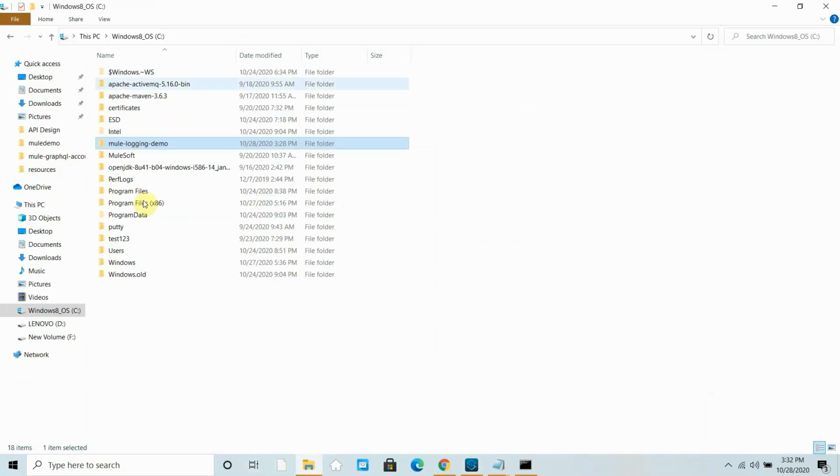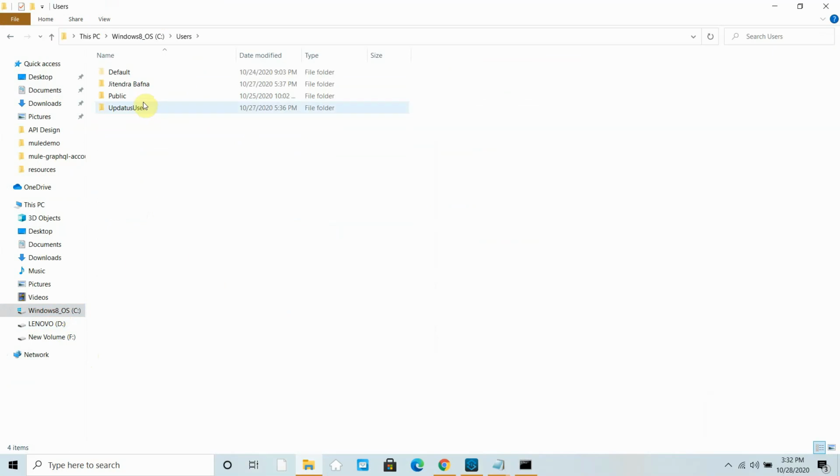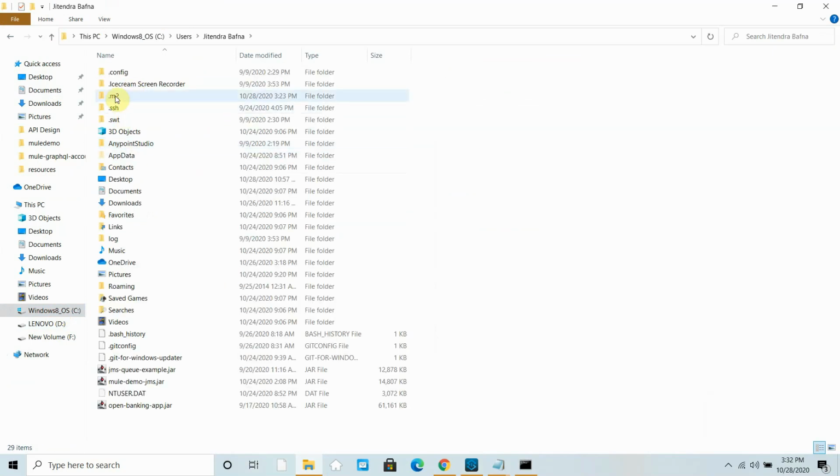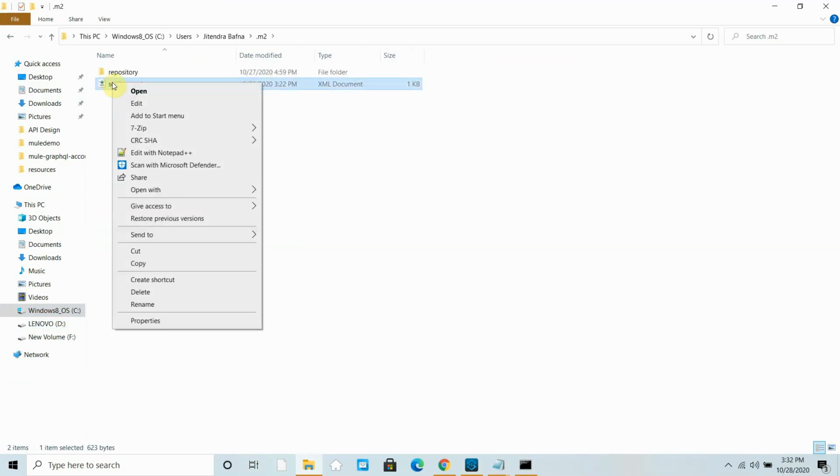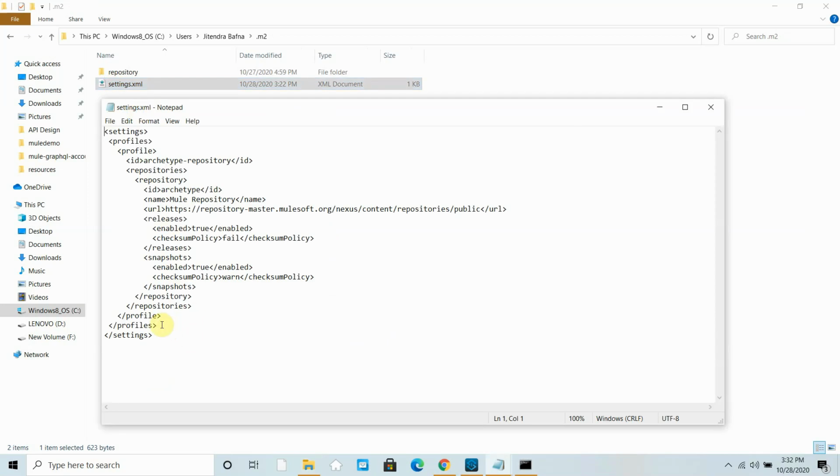So what I can do, I can go back to settings.xml again, Jitendra .m2. I can edit this file, right click edit. Under it you can say servers, and then server, then you can define an ID which you have copied from the pom.xml id.